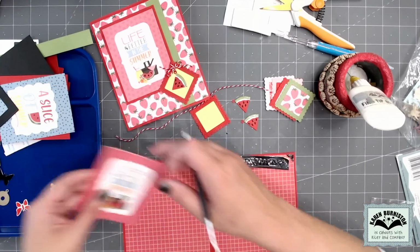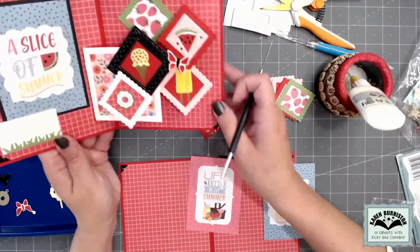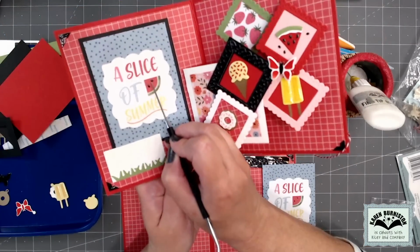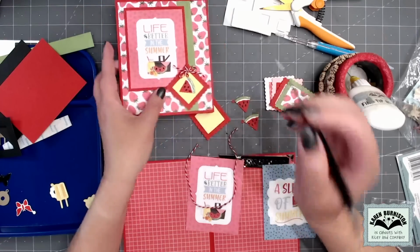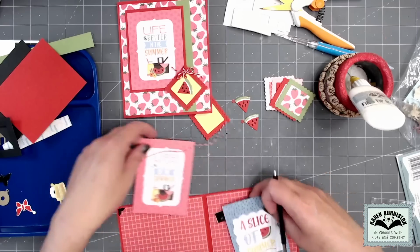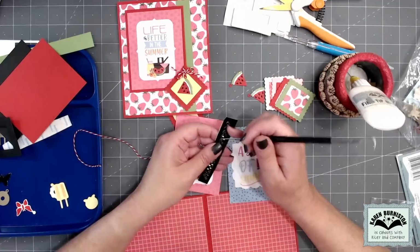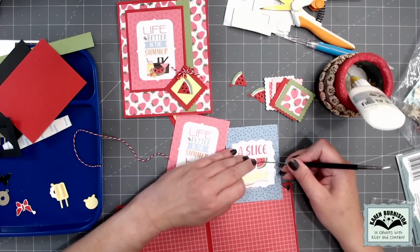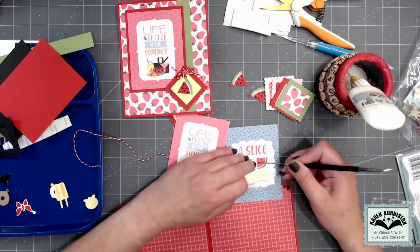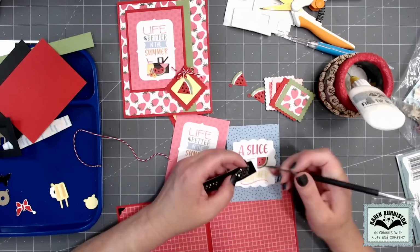Okay, if you're not too sick of watermelon seeds, you can, if you want to, add them to the slice of summer and the life is better in the summer. Completely optional. If you want to do that, you can. Or if you're like, hey, I'm done with seeds, do that too. I leave it to you. Yeah, but while I'm doing these seeds,